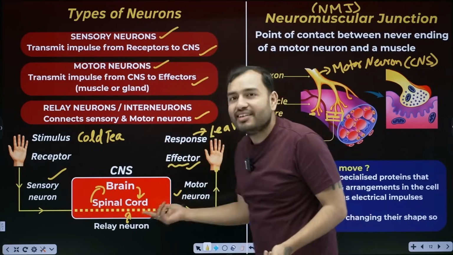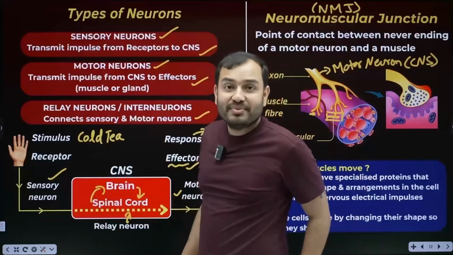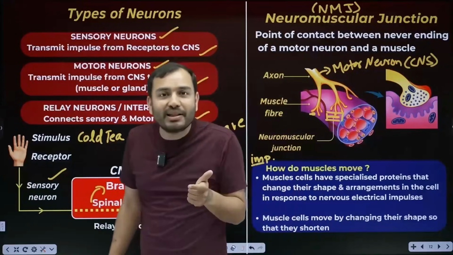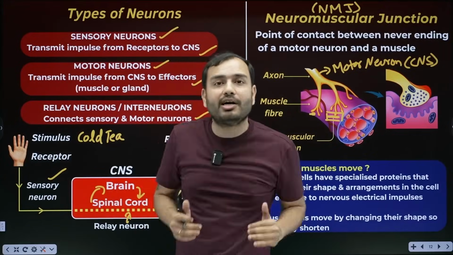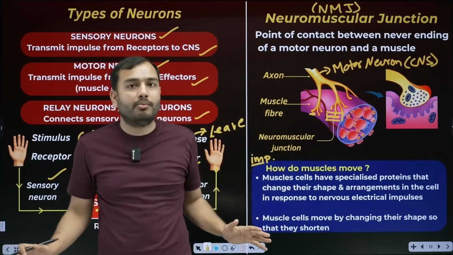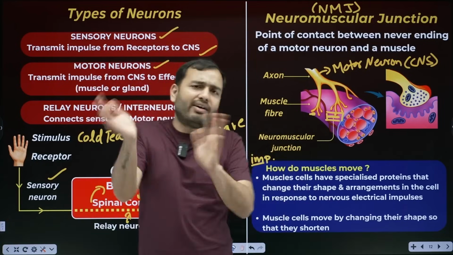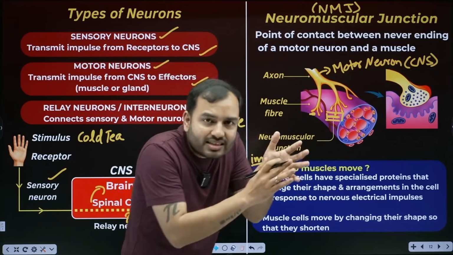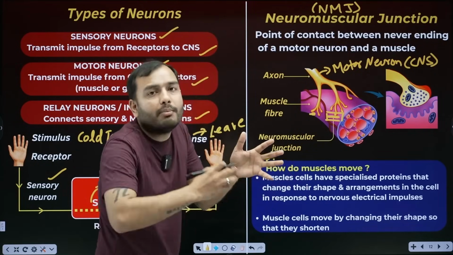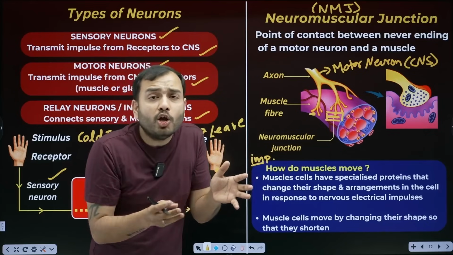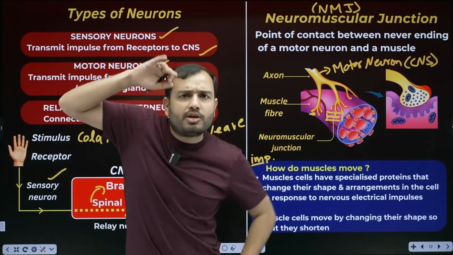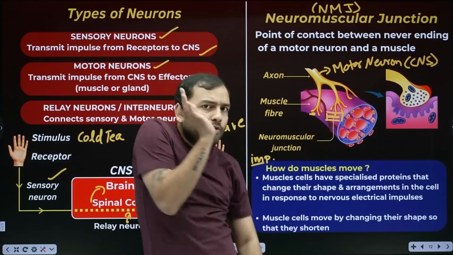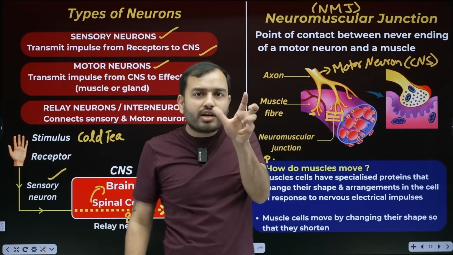These things happen very fast. Have you read this story? It happens instantly that you drop the cup. All these things happen in microseconds. So it's very fast, beta. Our nervous system is very, very fast. It has advantages and disadvantages, but it's very fast. So beta, inside our muscles, inside our effectors, what are there? Specialized proteins that keep changing their shape. And when they change their shape, the muscles also have to move.